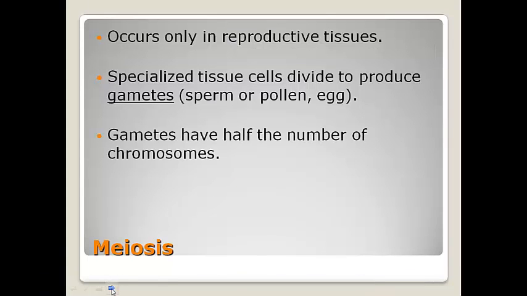Next, these gametes that are made only have half the number of chromosomes. Think back to that first picture I showed you of making eggs and sperm. Remember, they only had 23 chromosomes in each of those cells. The final embryo had 46 chromosomes. So the gametes only have half the number of chromosomes as all of your normal body cells do.